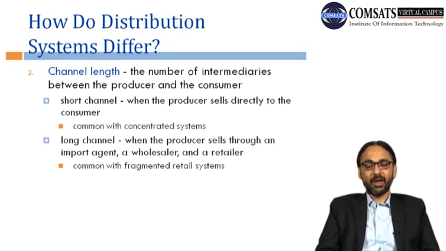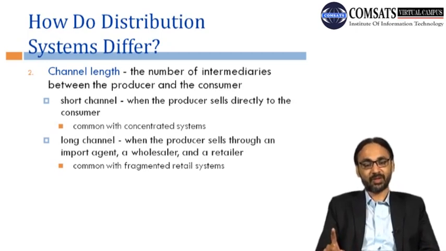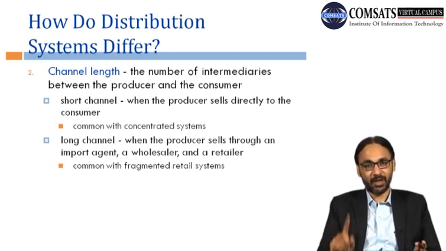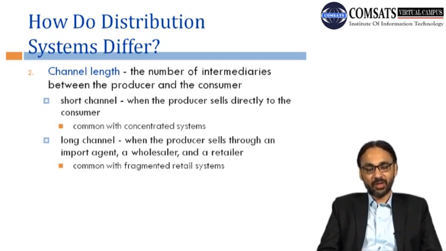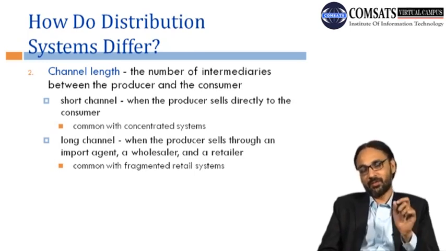When the producer sells directly to the consumer, common with concentrated systems, there is a chance that the producer is going to directly sell to the consumer, and in that case the price is minimum, and this is most common in concentrated markets. Long channel: when the producer sells through an import agent, a wholesaler, and the retailer, common with fragmented retail systems. And like we know, the concept of